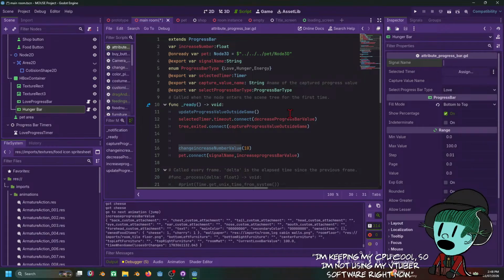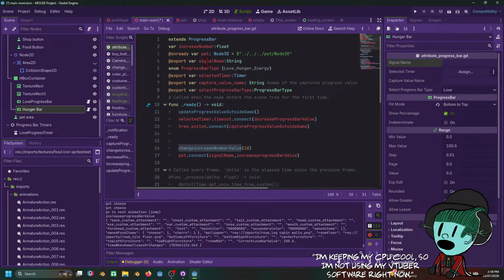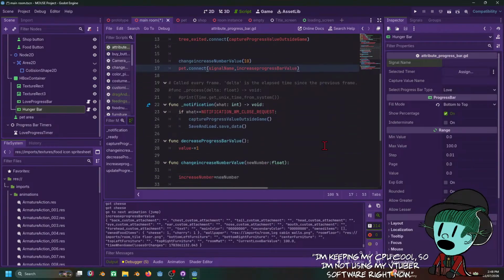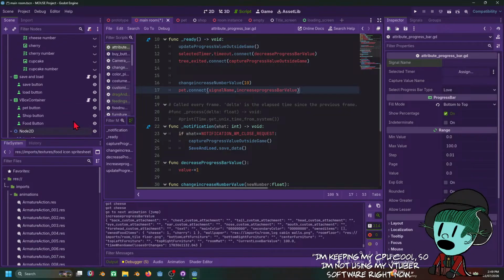And what is this? Why do I have a signal name here? What are you signal name for? Pet.connect signal name to increase progress bar. Oh, okay. So, okay, so when this gets dropped, I need to emit a